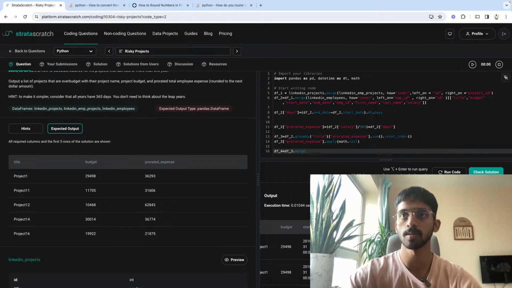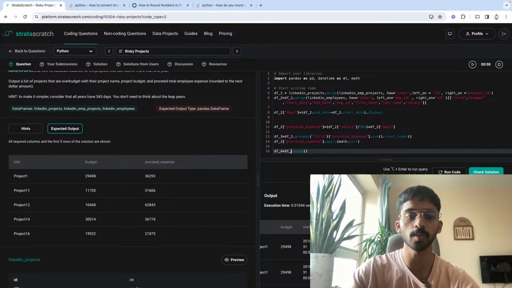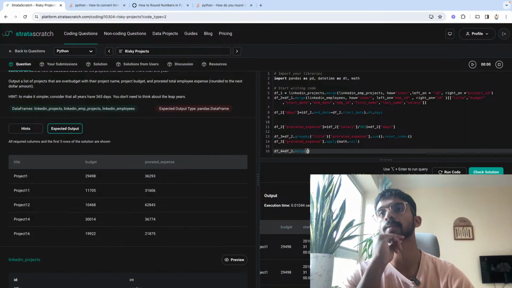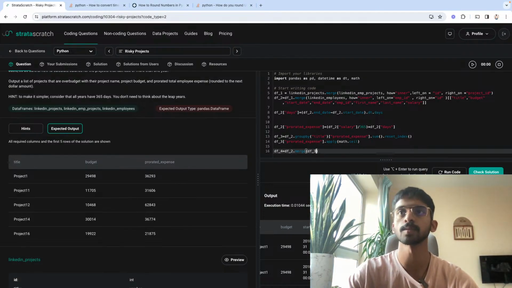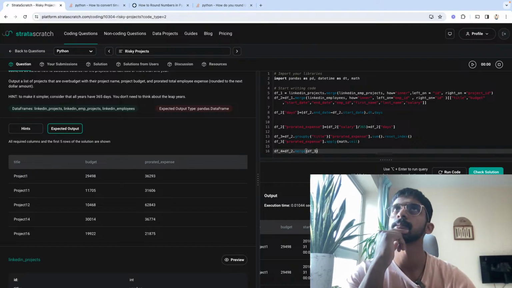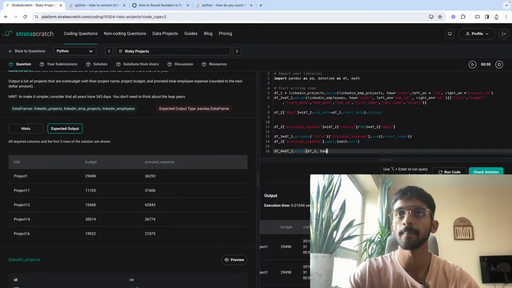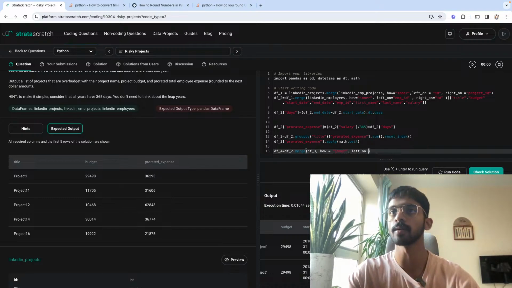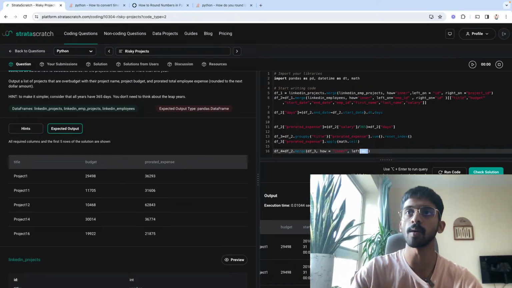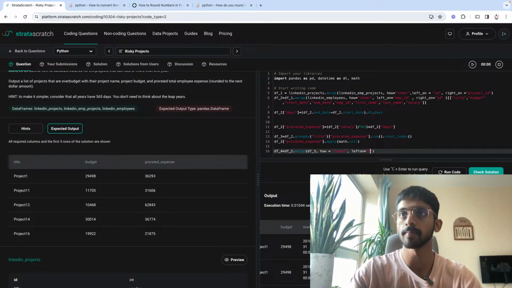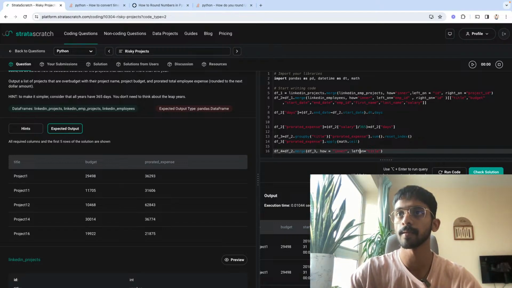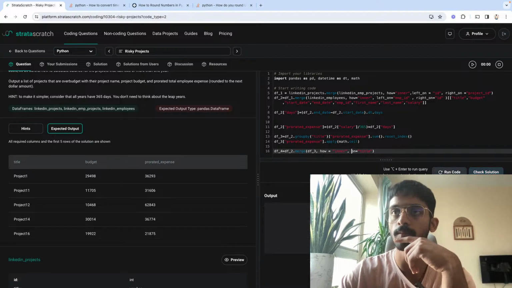df2 dot merge. We're going to be merging it with df3, and should it be inner join? I think inner join is enough. Yes, inner join is enough. How is equal to inner, left on, actually, it can both be on just title, right? Let's just do this. Now, if we run this,